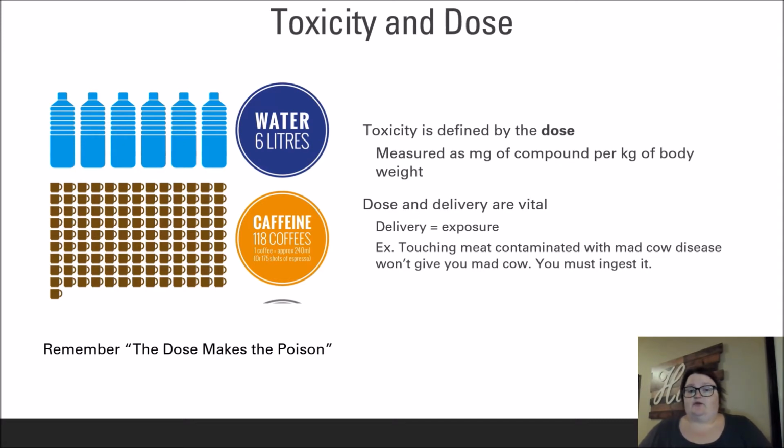Common substances that we are in contact with every day have toxic levels. However, most of us are not exposed to them at dangerous concentrations. In addition to the dose, the delivery of the toxin is important. Delivery in this sense is talking about our mode of exposure. If a toxin must go through the digestive system to cause a response, simply touching it is often not enough to trigger the response. However, some toxins may have multiple modes of delivery that trigger different responses at different levels.